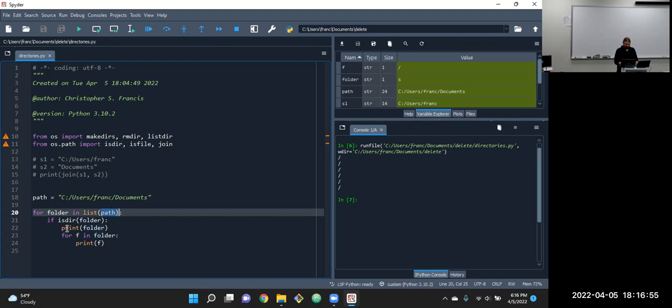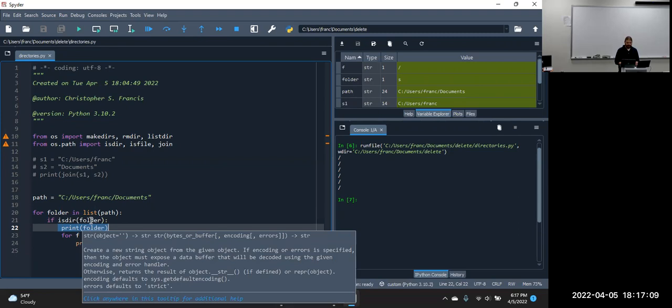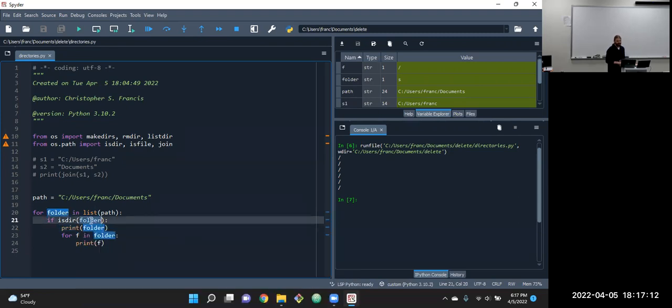That hit true somewhere and it printed it out, but it didn't quite look at the right thing. It was looking at something, but